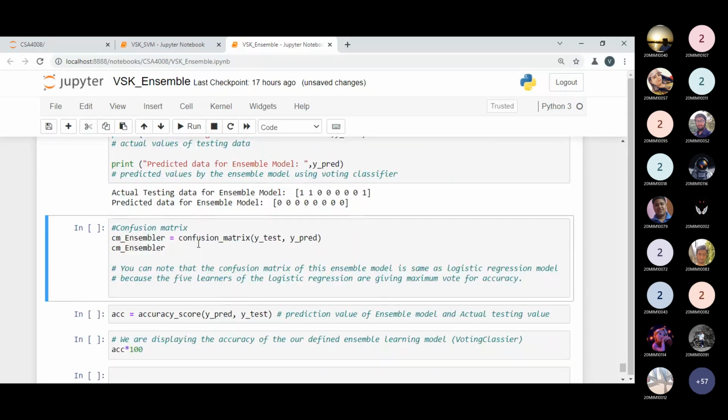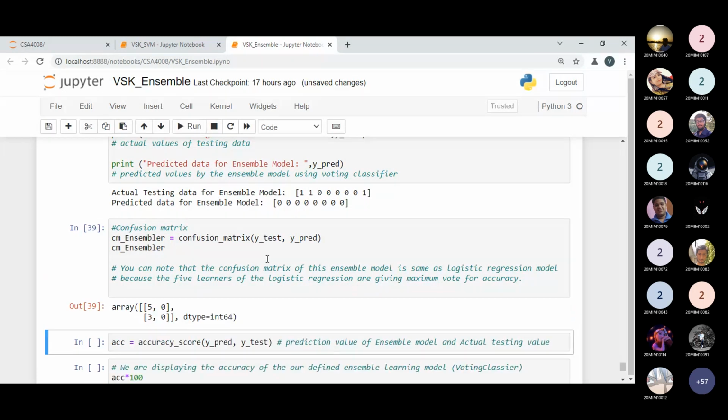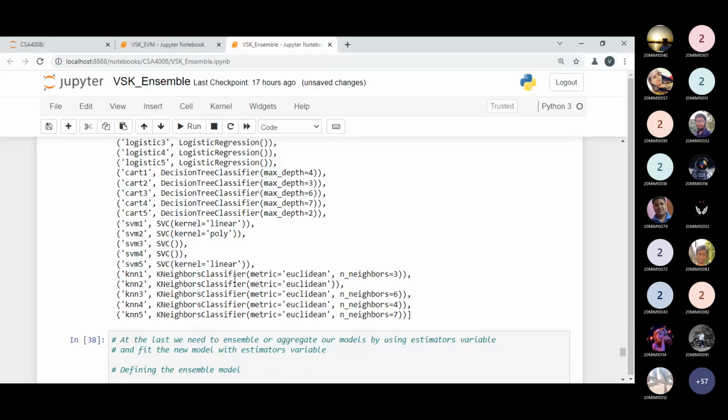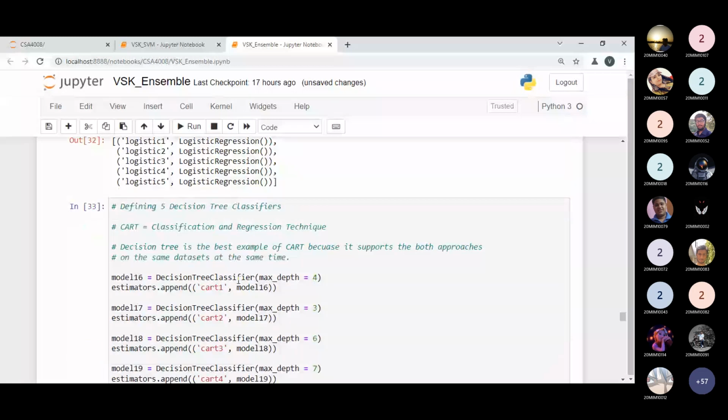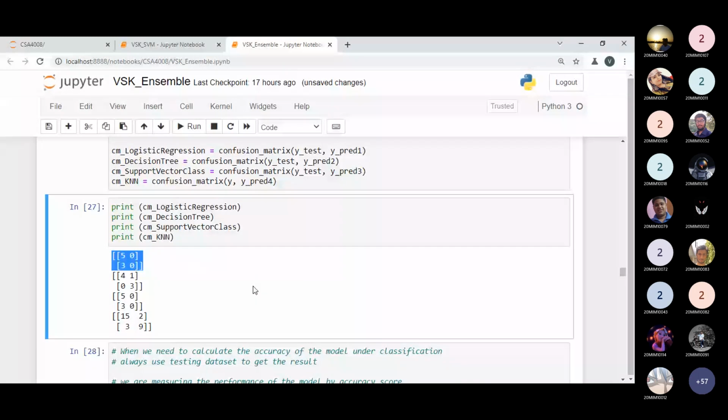Now, this is the confusion matrix for the ensemble model. So I have to pass y_test and y_prediction. You can observe over here, this is a confusion matrix which is similar to the logistic regression. Let me show my proof. Look at this confusion matrix of the logistic regression: I got 5, 0, 3, 0.